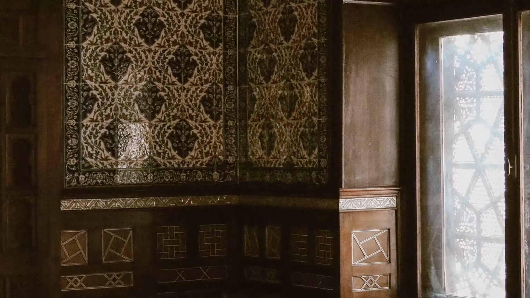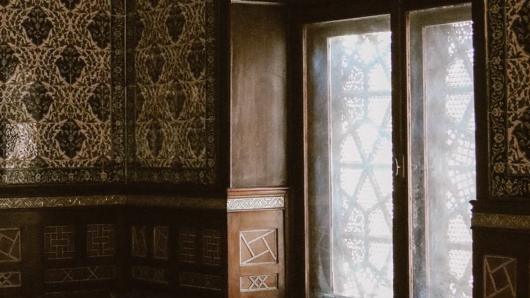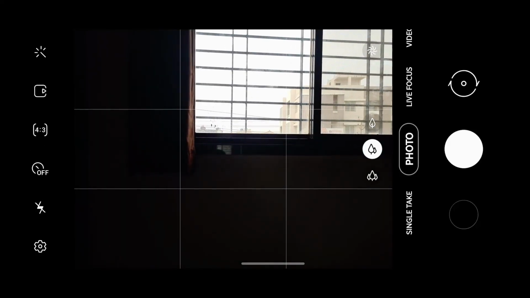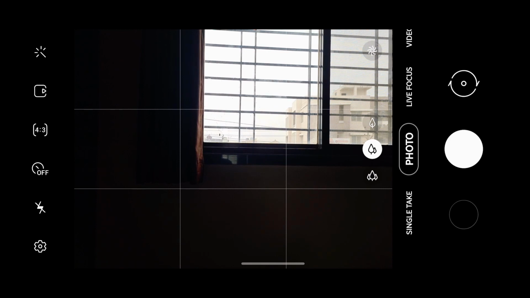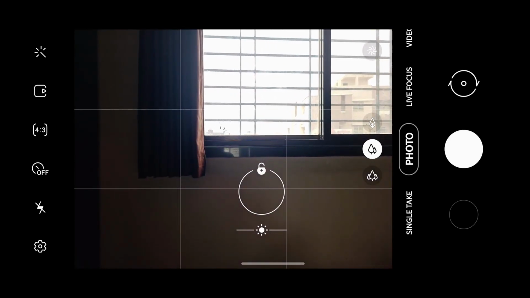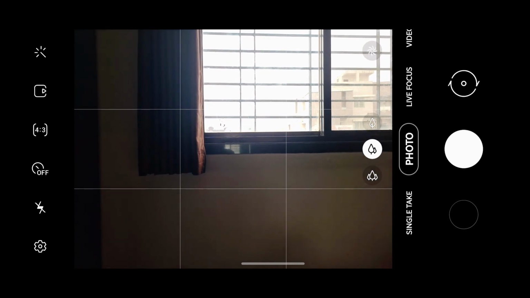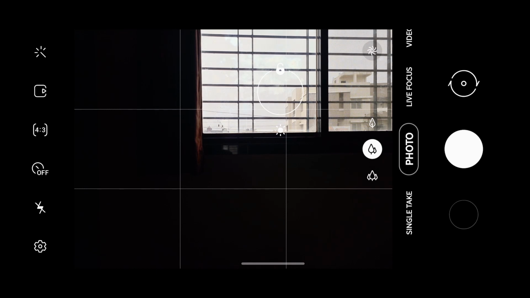Let's just do a small experiment. Now take a look out of the window from your room in daylight conditions, where the outdoor brightness is relatively higher than the room's brightness. You can clearly see the outdoors through the window and the inside of your room with a fair amount of details. Now take your phone and point it towards the same window. You will see that if I want the room to be bright enough in this situation, then the outdoor portion is completely blown out with no details in it. And if you focus on the outdoor region, then the indoor part gets completely dark.